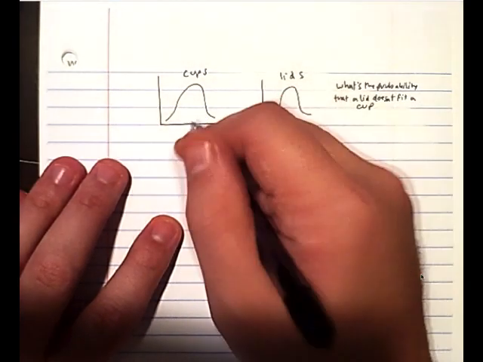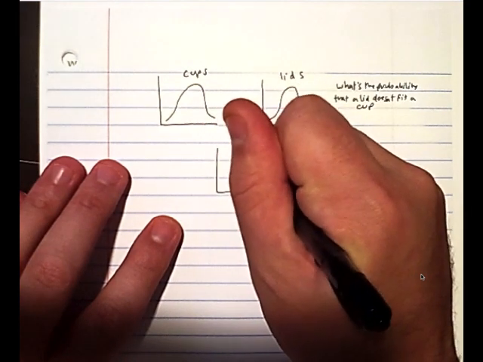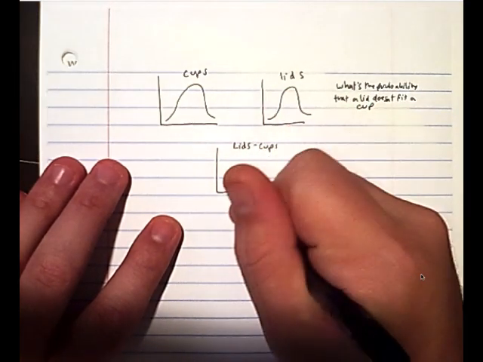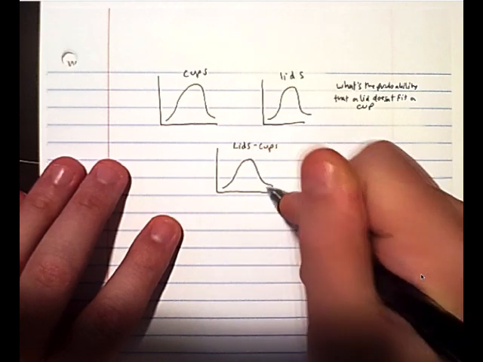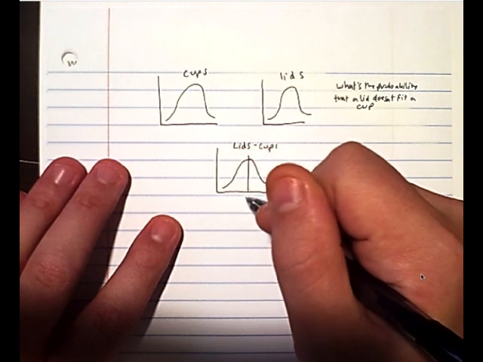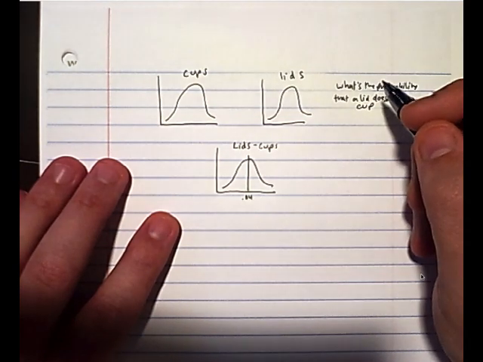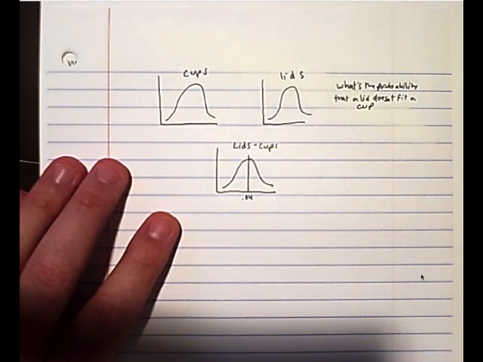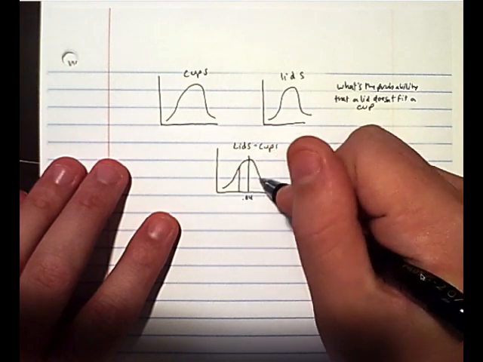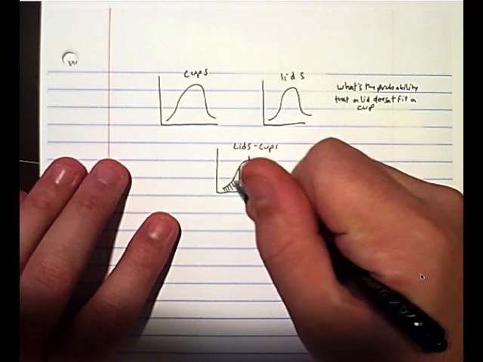Since both of these were normal, when we took the difference, the size of a lid minus a cup, that would also be normal. The lid should be slightly bigger than the cup to fit on it, maybe 0.04, for instance, centimeters, millimeters, whatever. If it wasn't within like 0.01, if it fell outside of that either way,